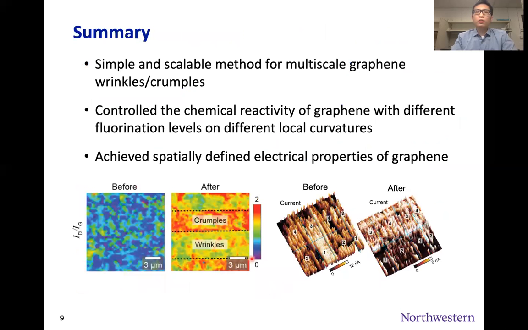So in summary, we introduce a simple and scalable method to make multi-scale graphene wrinkles and crumples to introduce different local curvatures, and combined with surface reactions, we can spatially define the chemical functional compositions of the graphene. Further, we can combine local curvature control and the reactions to spatially define the electronic properties